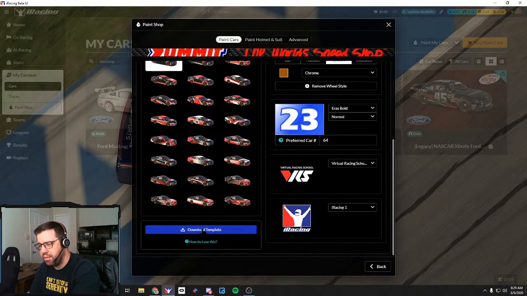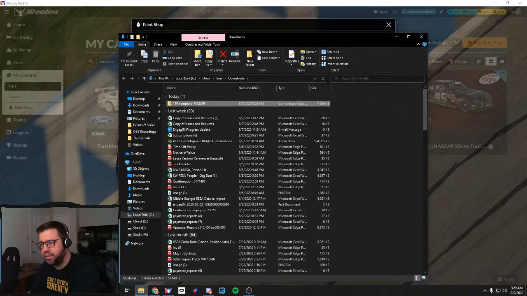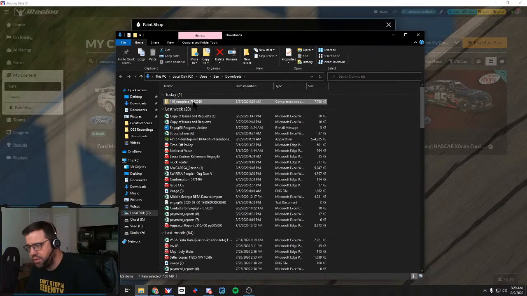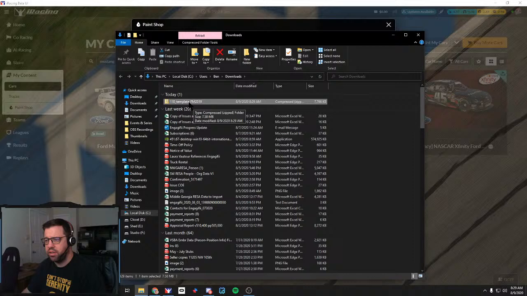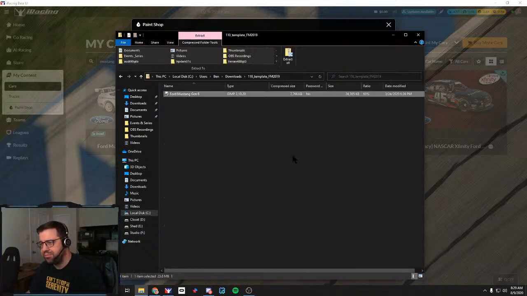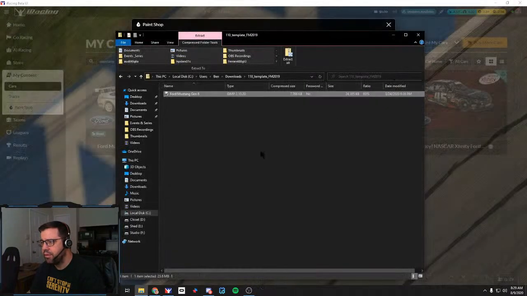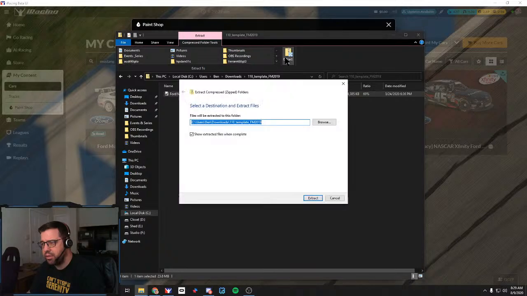Now, with that done, I'm going to download the template. Let's talk a little bit about file structure. I know, the exciting stuff, right? But this is where I get so many questions, is the structuring and stuff. So you're going to get a zip file, right? Oop, that's not what I meant to do. So you're going to get a zip file. I'm going to extract that